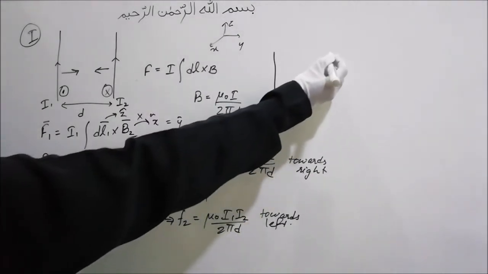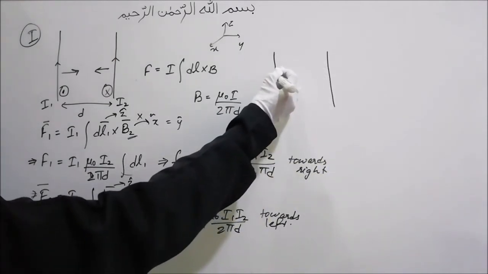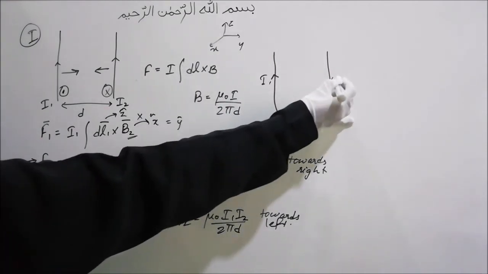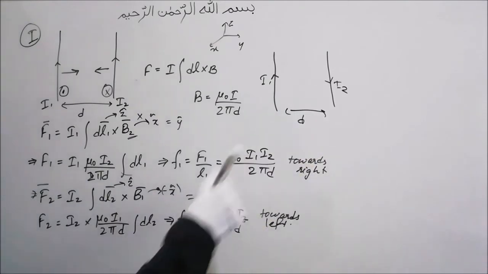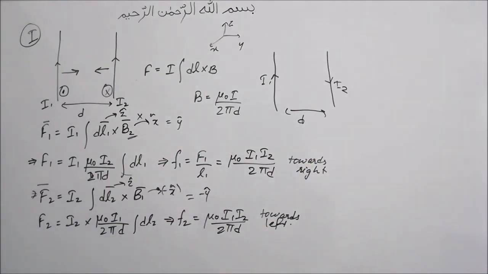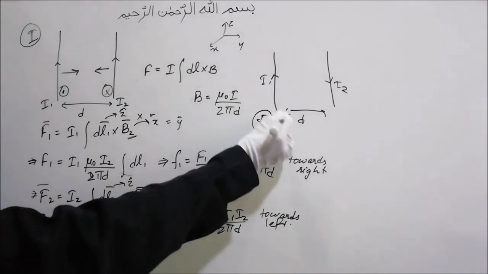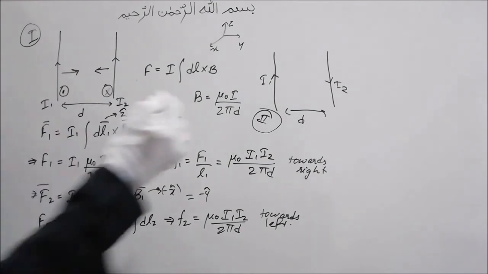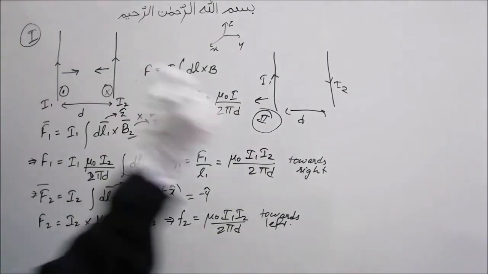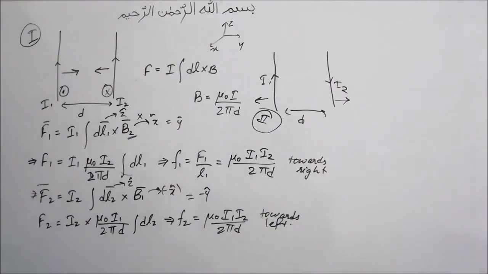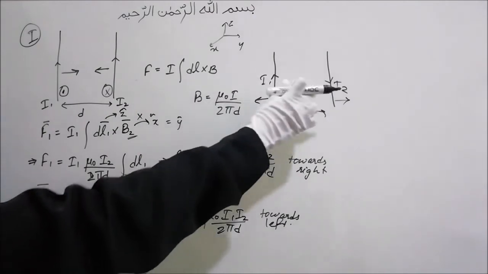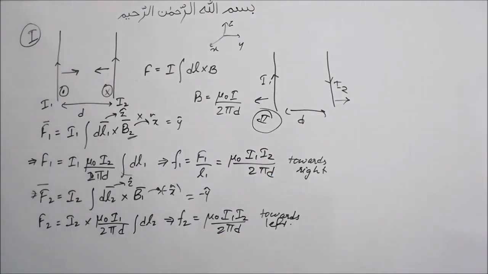Case 2 is when the directions of currents are opposite. So if we have two wires, here we have the current moving upwards and here we have the current moving downwards, same I1, same I2, separated by a distance d. I leave this up to you, but the conclusion you will reach in this second case is that when the currents are in opposite directions, the force is repulsive. That means the force acting on I1 will be along this direction and the force acting on the second wire will be along that direction. So when the current is in the same direction, the force is attractive, and when the current is in the opposite direction, the force is repulsive.